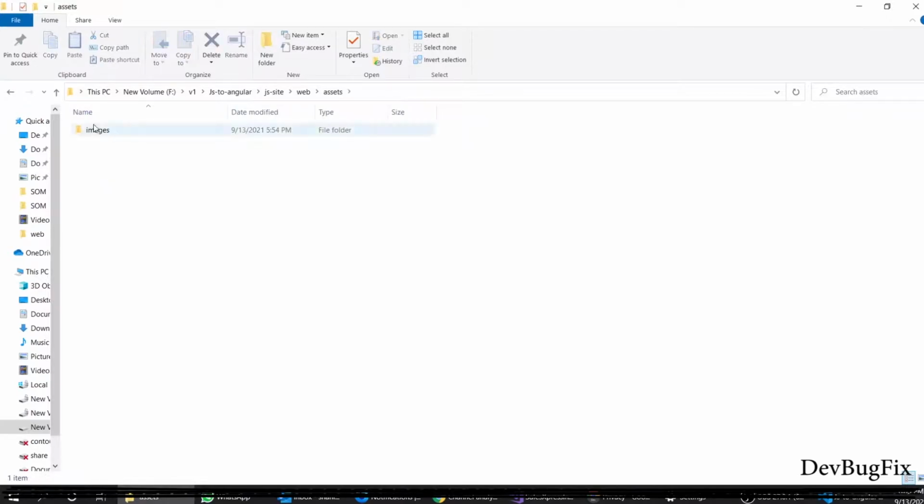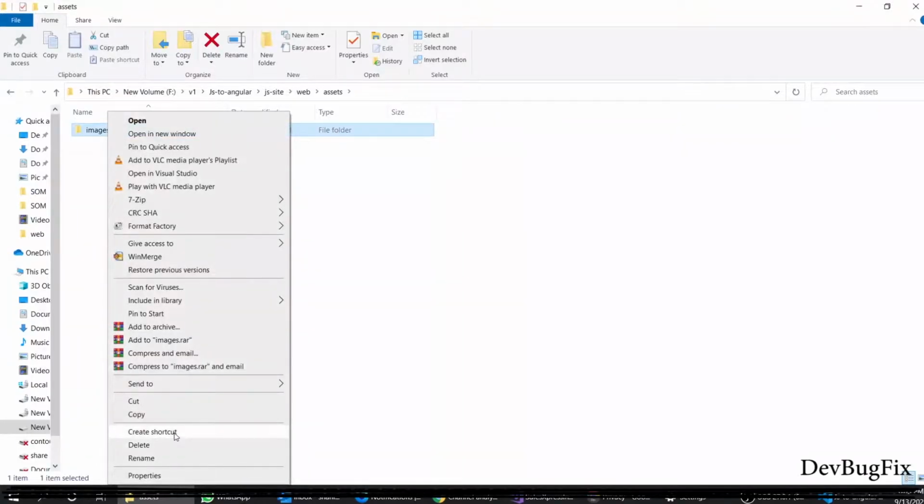From the JavaScript project, I will copy the images, CSS files and JavaScript library files and paste them into the Angular project.